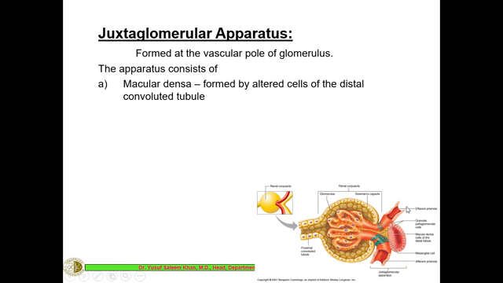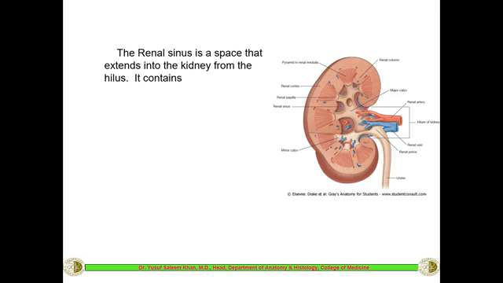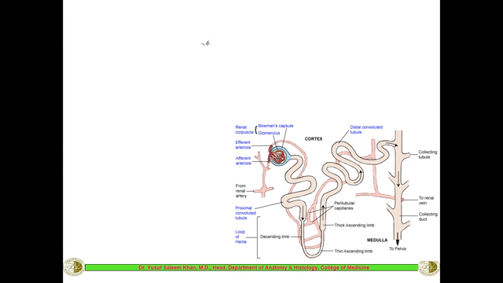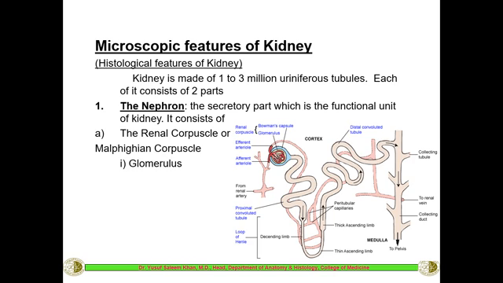So this apparatus consists of something called the macula densa. These are formed by altered cells of the distal convoluted tubule. So what is this distal convoluted tubule? If you see here, so here you can see. So this, as I said,